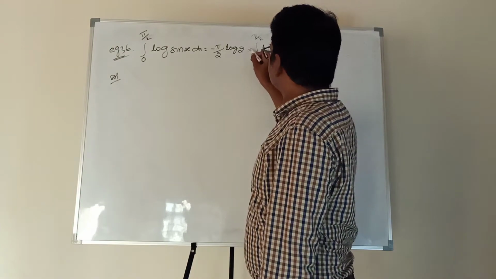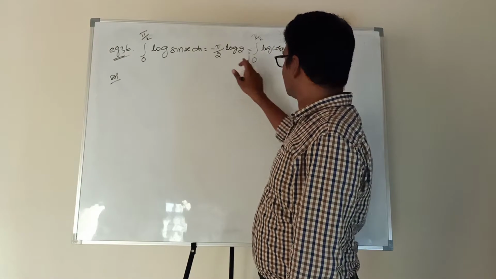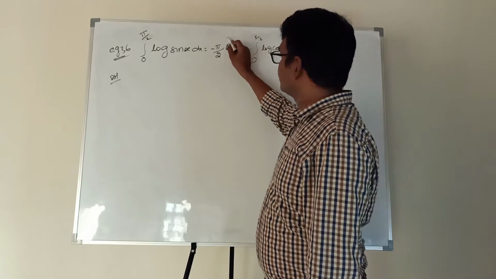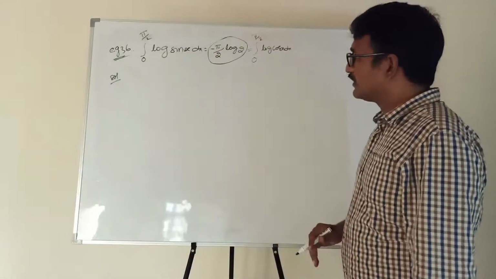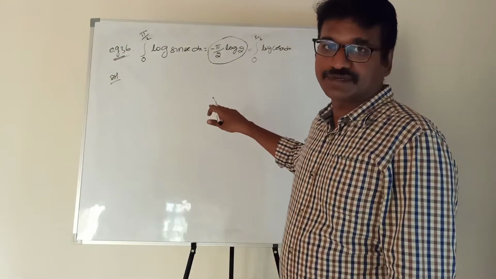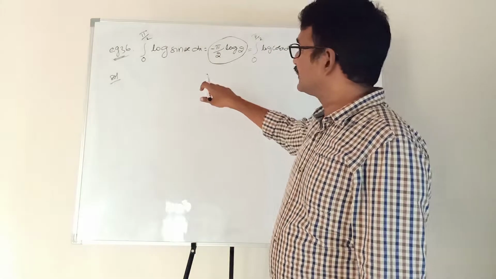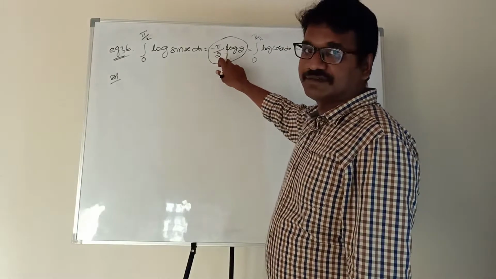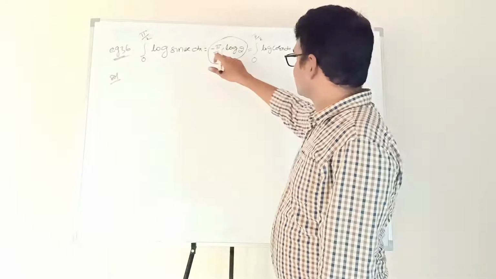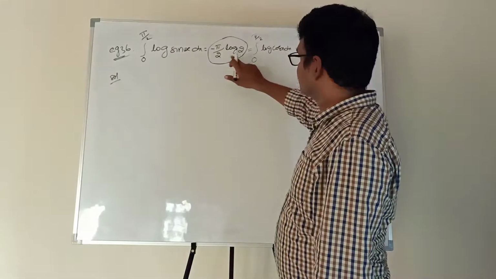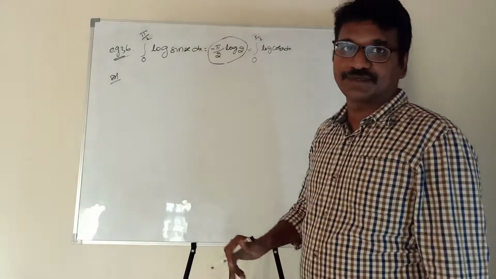Even if it is log sin x dx or log cos x dx, the answer is minus pi by 2 log 2. Most of the problems in any competitive books, we will use this result, for the problem 0 to pi by 2 log sin x dx or 0 to pi by 2 log cos x dx. So what is the value? Minus pi by 2 log 2.